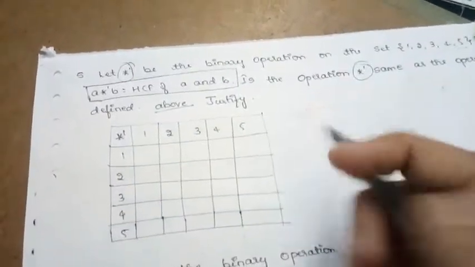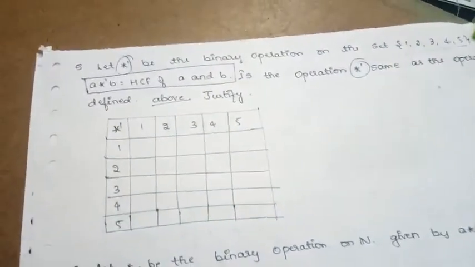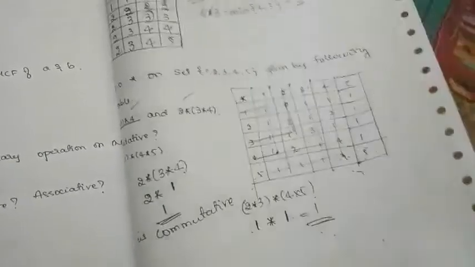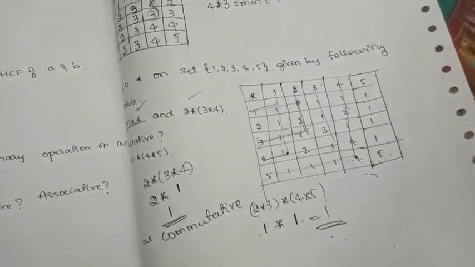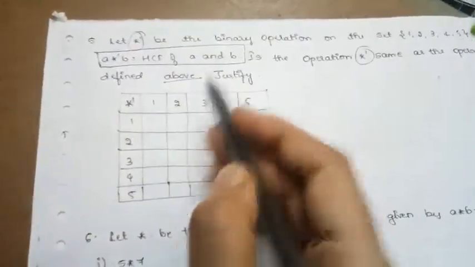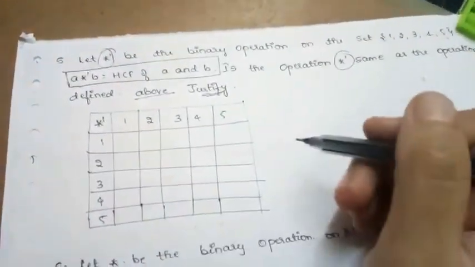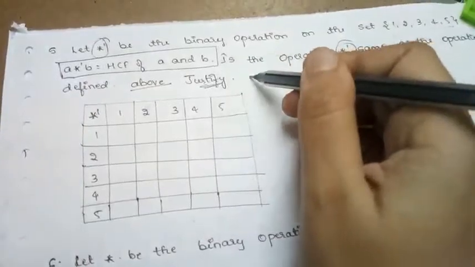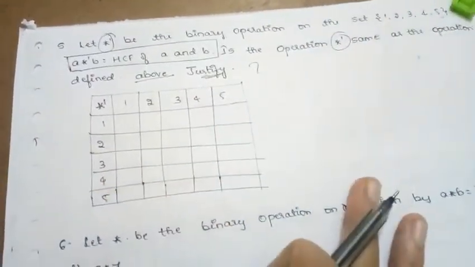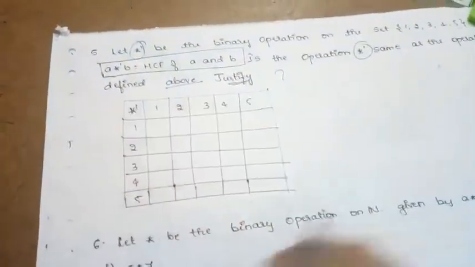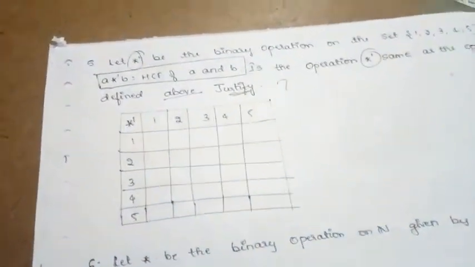previously. You saw one of the tables which I have already shown you in the previous question, so that is this table. We need to say whether the star operation is the same as star prime, and we need to justify it. So how can you justify? In the previous question they have given the operations table. By comparing the operation tables we can clearly say whether both are the same or not. So I am going to deal with it using the operations table.